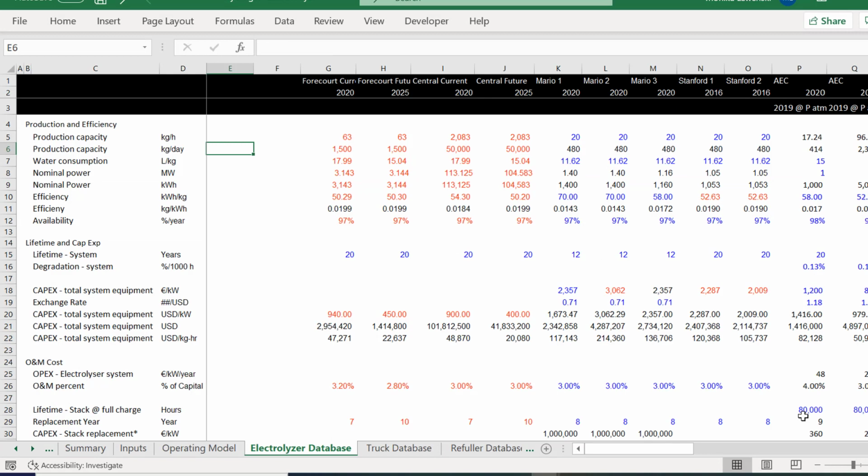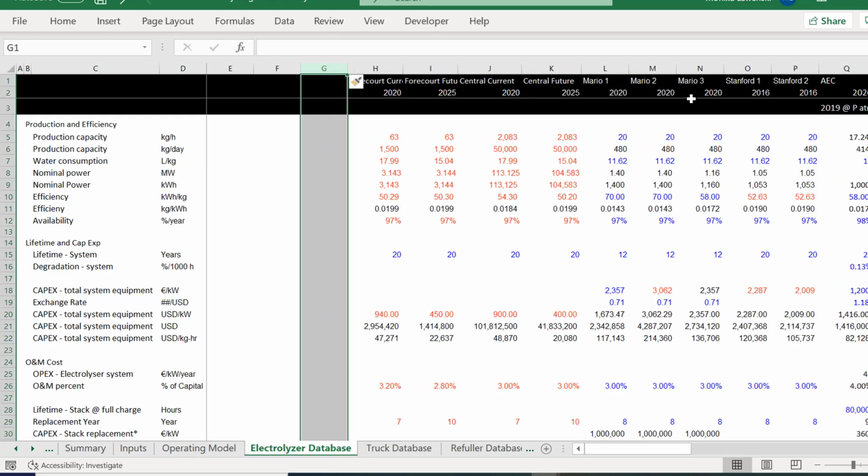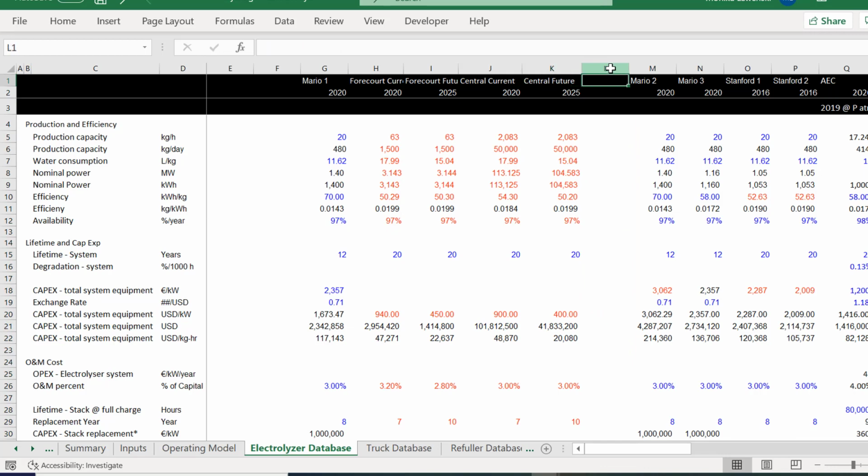So maybe this one is our base case. Okay, and watch me mess up. This is the one Mario kind of wanted me to use. Okay, and I'll call this the